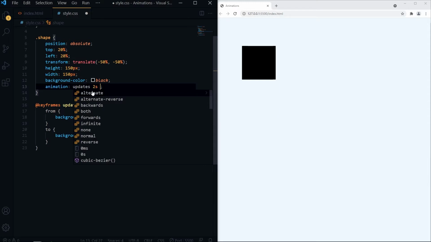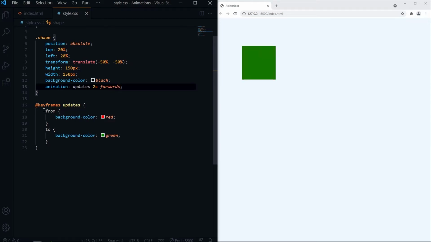We can give animation direction using these values. If I choose forwards, it will start from background red, and when the animation ends with background color green, the style will stay there. For reverse, as the name suggests, it will start from background color green and end with background color red. Now I can use infinite also. Here, the animation will occur infinite times, or I can specify the count, how many times the animation should run. If I give 2 times, it will change 2 times and come back to the default state.